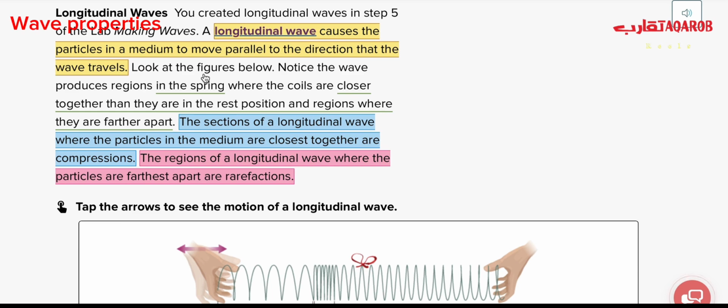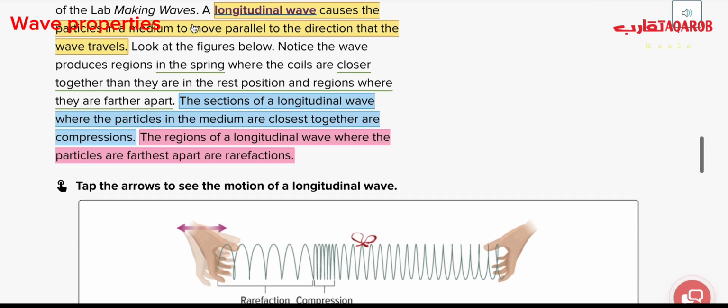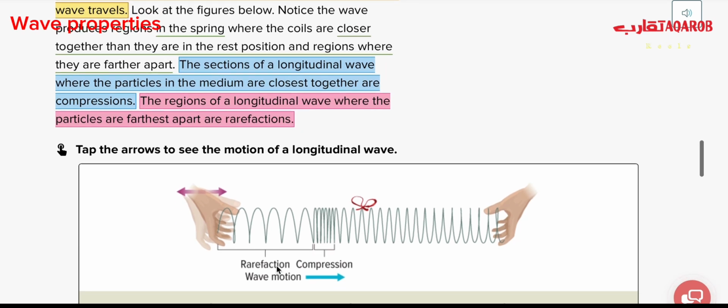So note that the wave produces regions in the spring where the coils are closer together than they are in the rest position, and regions where they are farther apart, as you see in this coil for example. So how can we create a longitudinal wave by using this coil? As you see, we have an area where these coils are apart from each other, but these are